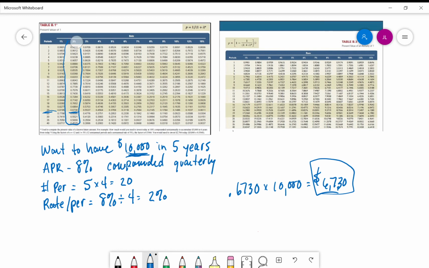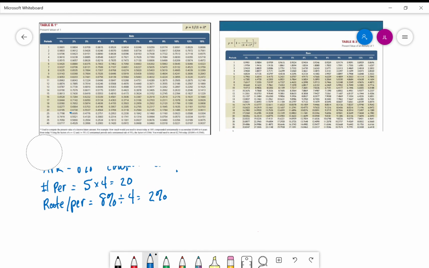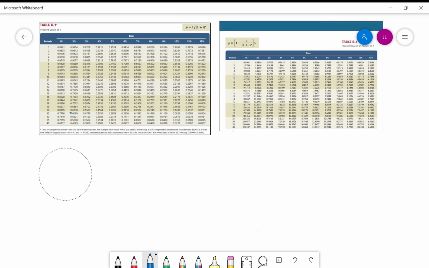Okay? Now, how do we use the present value of an ordinary annuity table? Well, with the present value of an ordinary annuity, the first thing we need to understand is what an annuity is. An annuity is where we have equal payments interspersed over equal periods of time over a larger period of time. So, if we said we are going to deposit